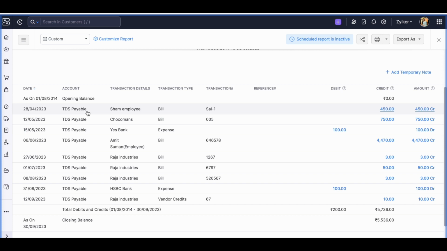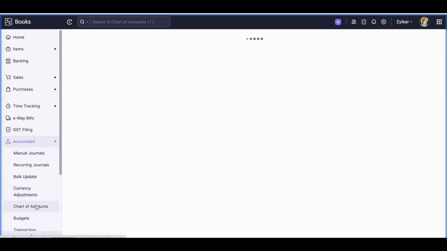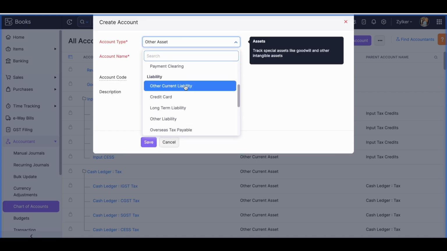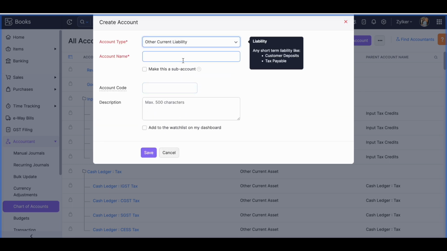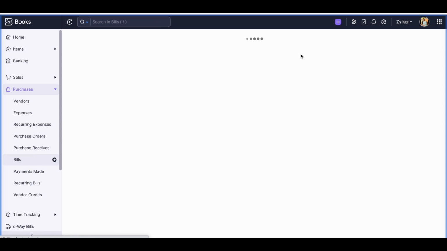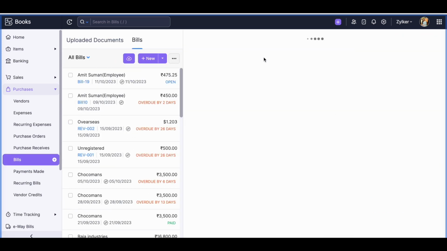If you want to view a section wise bifurcation here, you can always create a required account under the chart of accounts. You can create a new account of type other current liability, enter the required TDS account with the section name, and you can save this. Associate this particular account in your TDS sections. So for example,